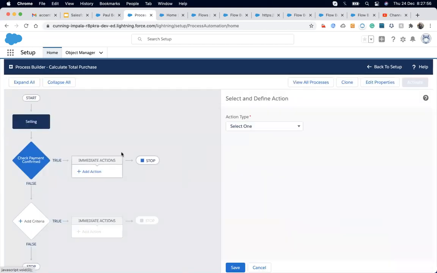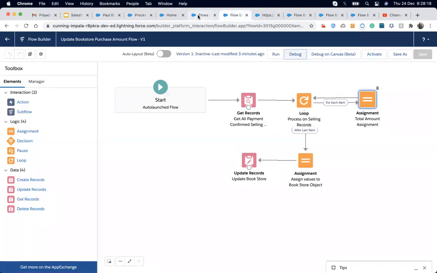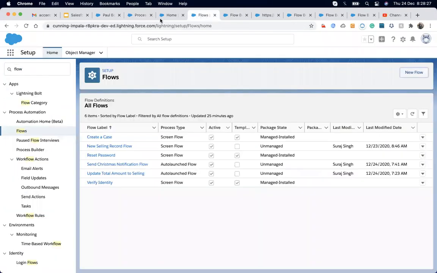For the action, here I choose the flow. And what is that name? Have I activated it or not? Let me activate. Thereafter it will come up here. What is the name? Update bookstore purchase.